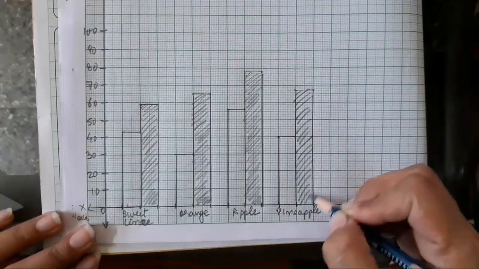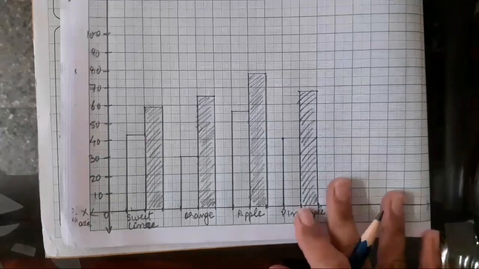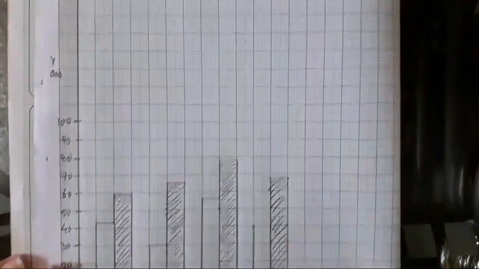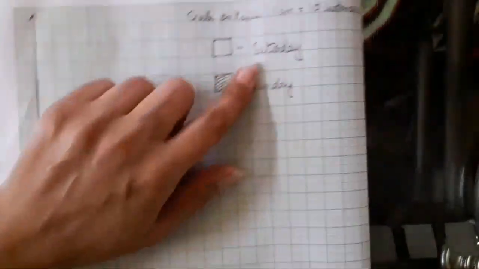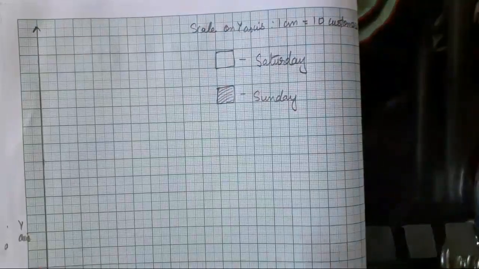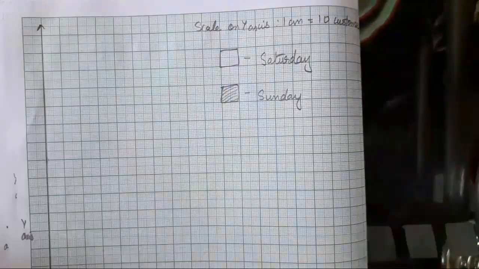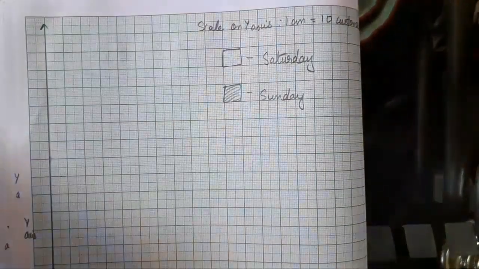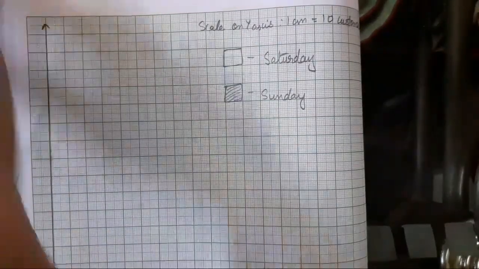So your second question is also done in this way. You will be completing your bar graph with the scale. Okay, now third one is the same, fourth one is the same, fifth one is the same. I will try and show you the sixth one, which is the last question from the exercise 3.1. Okay, only one exercise is there for the joint bar graph, and 5 marks question will be asked for this